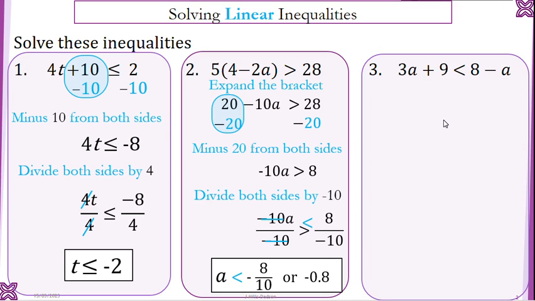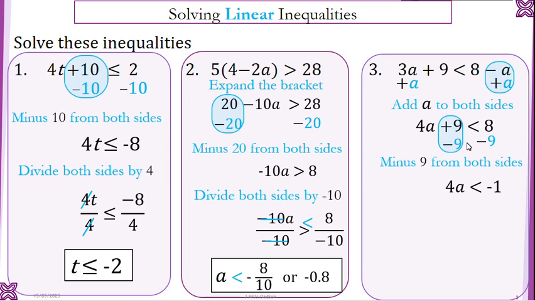Now the last question, we need to start by regrouping the a's. There are 3 a's on the left hand side, so we want to push all the a's to the left hand side. So we do that by adding a to both sides, and when that happens, we can cross off this side, and we have only 4a plus 9 is less than 8. We solve by subtracting 9 from both sides,